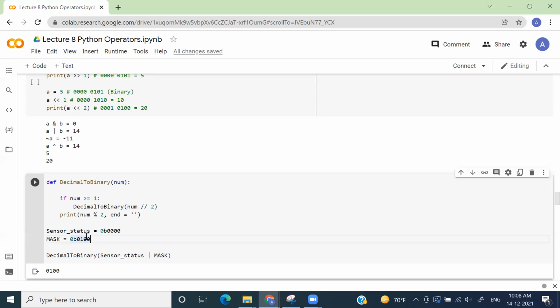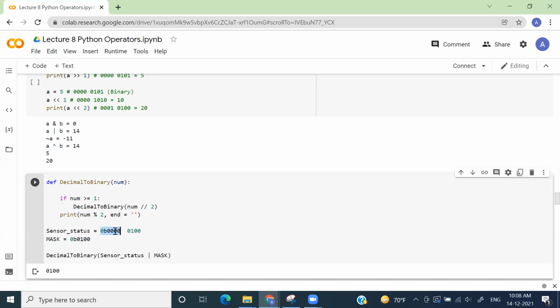Now what you would do is perform a bitwise operation between your sensor status and your mask status. Ultimately, what do you want? If you want your bot to move forward, you want basically this thing, 0 1 0 0. This is the case you want if you want to move your bot forward.